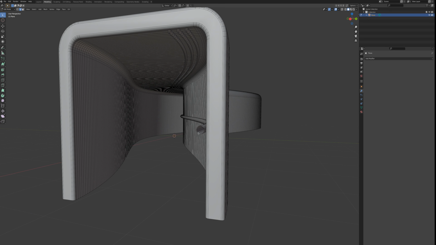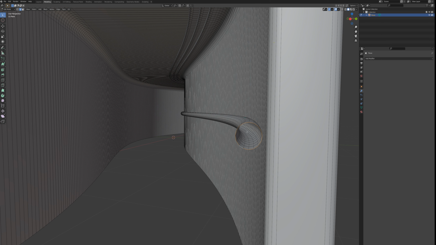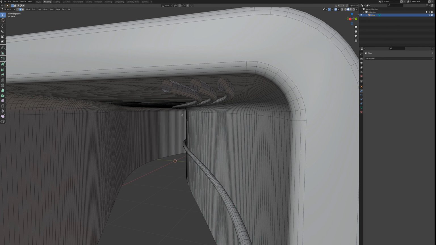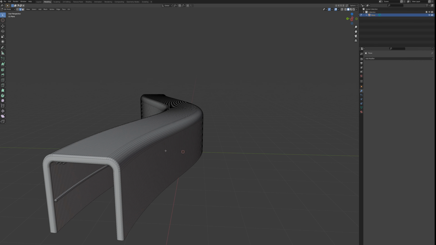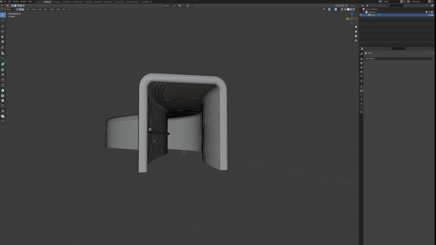I'm going to grab the outer edge loop here with Alt, F for a face, Control B, and for this one I'm putting on 4 segments. Then I'm going to go up to these pipes on the roof and hold Alt and Shift, F, Control B, and just 2 segments for these. All right. Okay, so that's pretty much it for the modeling end, and now I'm going to move on to